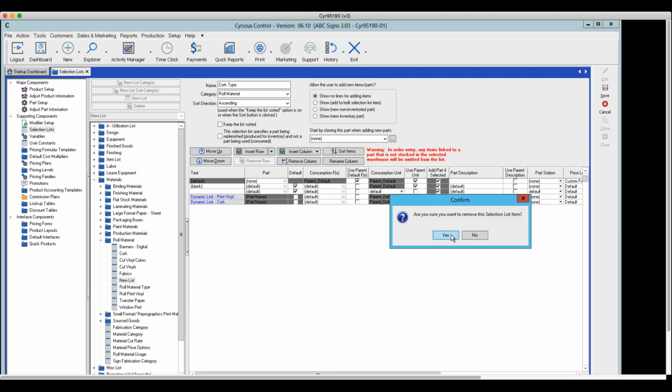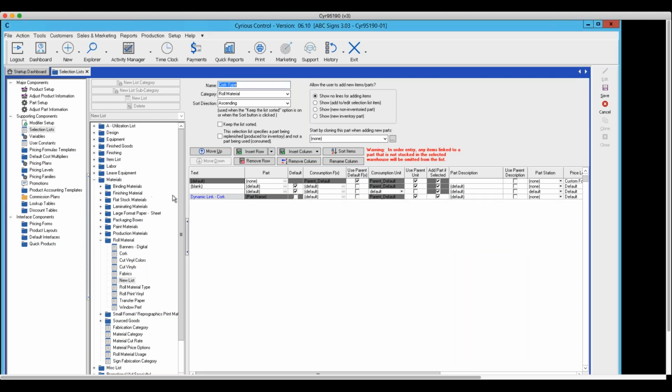I'm going to remove it, ask me to confirm it. And now I have taken care of it, I've got the new selection list type for cork. It's part of the roll material. I verify these parameters. I've changed the link. Now,